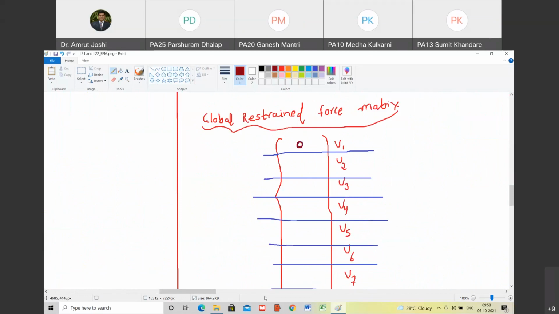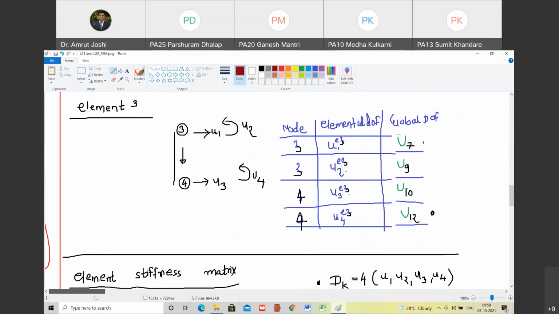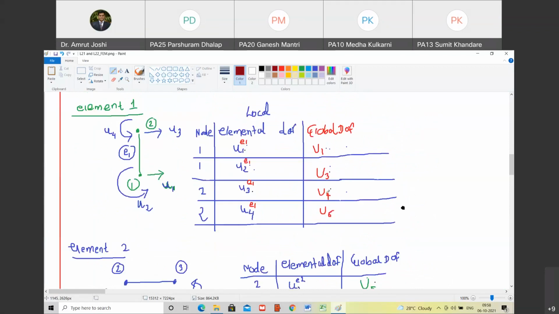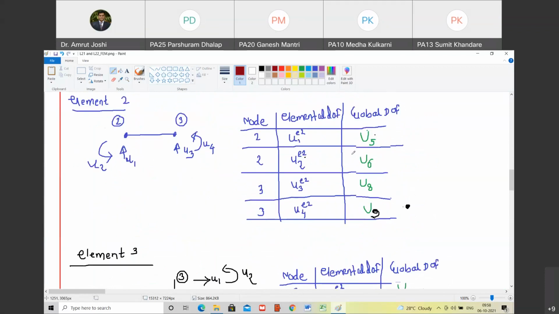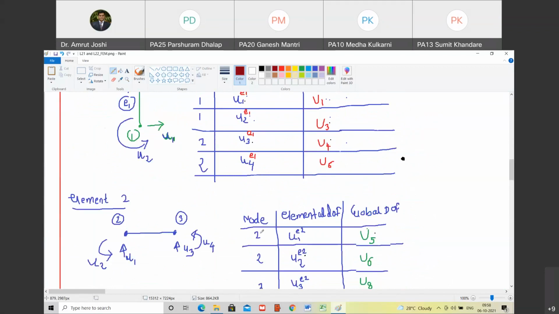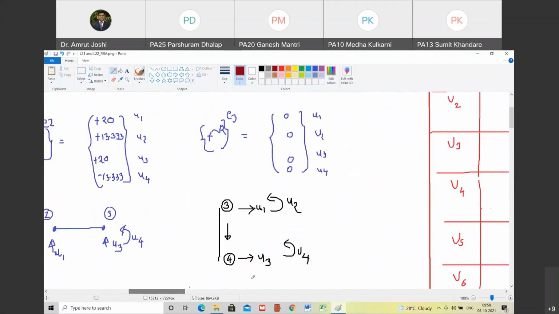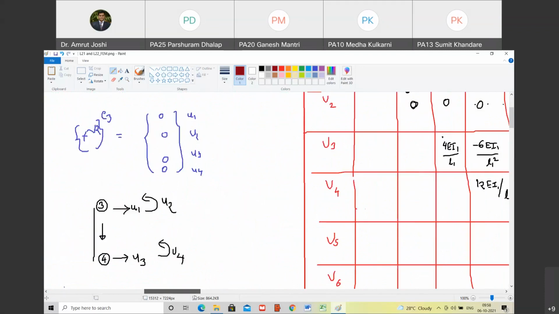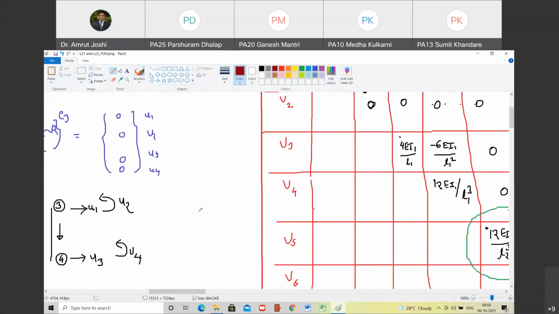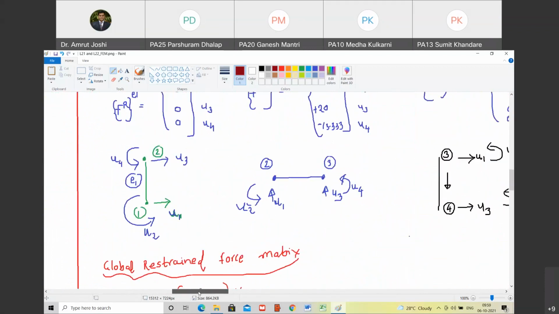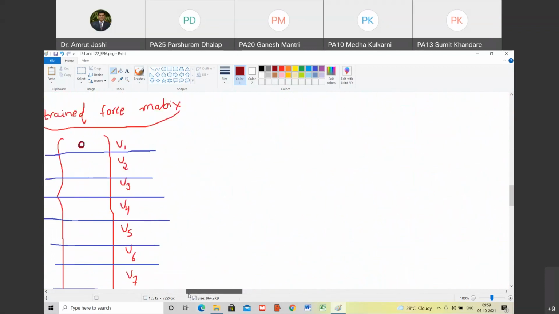Yes, sir. U2. U2 is a part of which element? U2 is not the part of first element. Are you with me? Is not the part of second element and is also not the part of third element. Why? Because U2 is vertical. So anyway, we saw that those dummy degrees of freedom, we are not going to do anything with them. Even here as well. Are you with me? Yes, sir. So therefore, can I safely write 0 here?